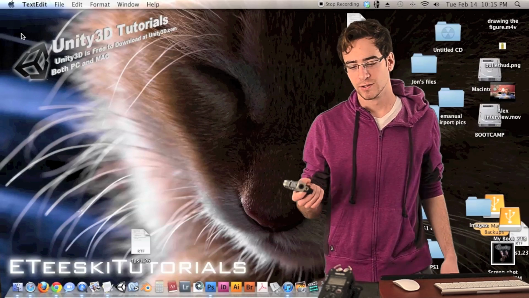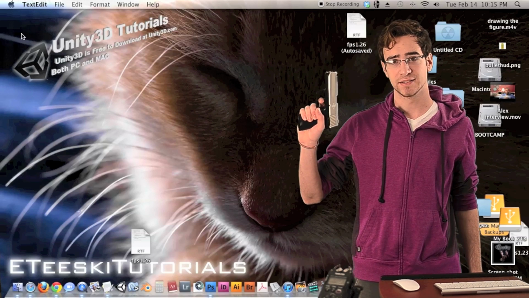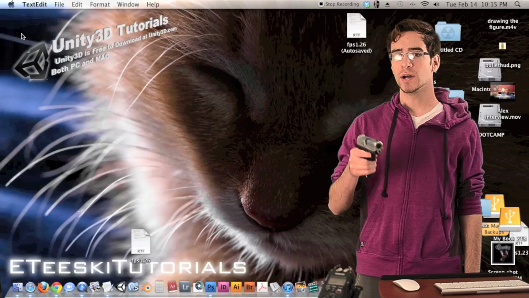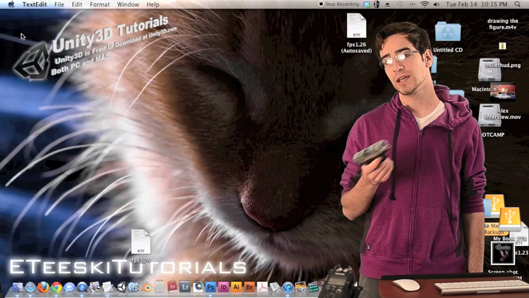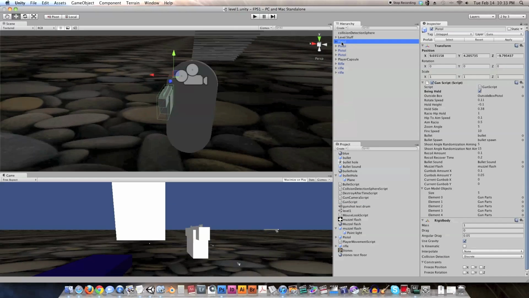Alright, that should work. I'll edit it in GarageBand and make it sound a little bit more metallic-y because this is just a plastic little airsoft gun, but hey, it should work. So I'm going to cut the green screen and go into Unity and show you how to do that inside of Unity. Alright, here we are inside of Unity, and the first thing I want to do is